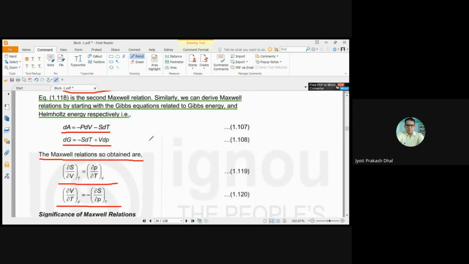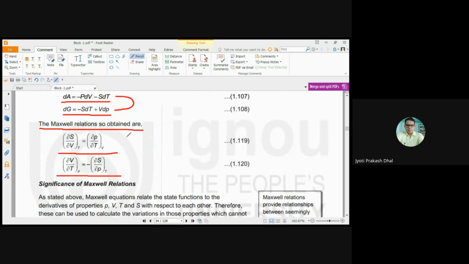And again we will move to another two equations, that is dA equals minus PdV minus SdT, and dG equals minus SdT plus VdP. And if we differentiate these two equations in a similar way,